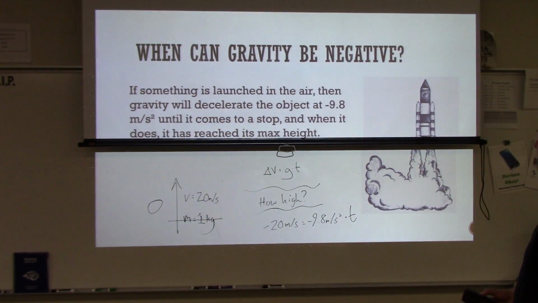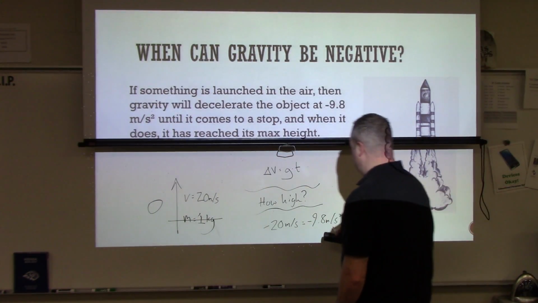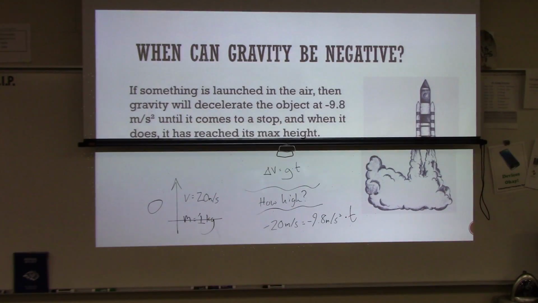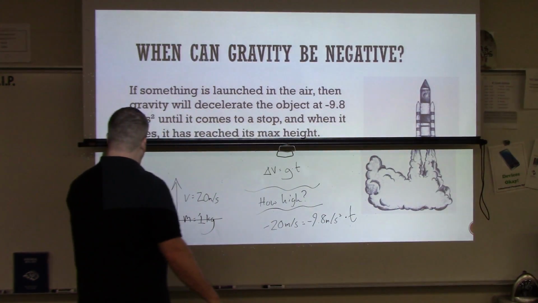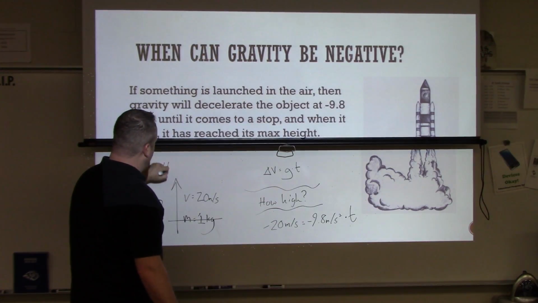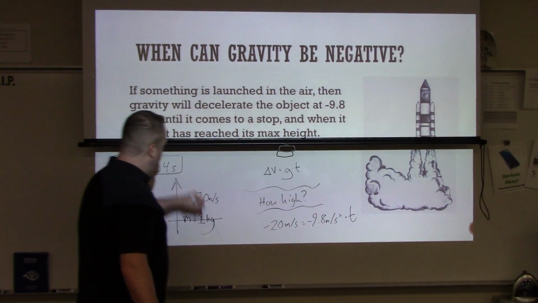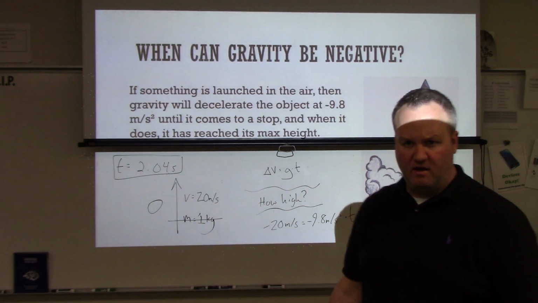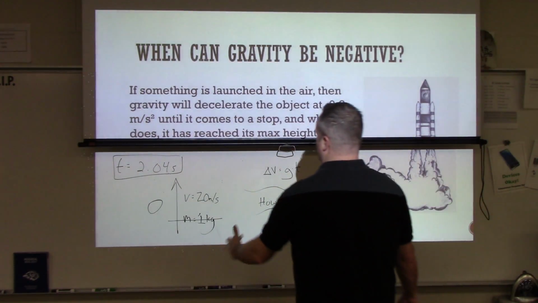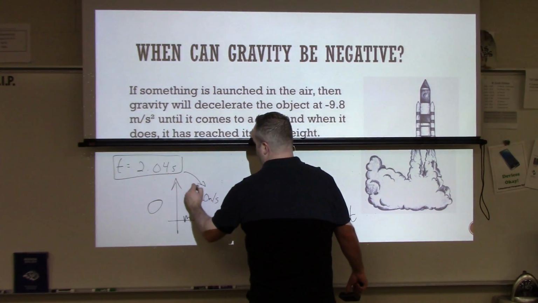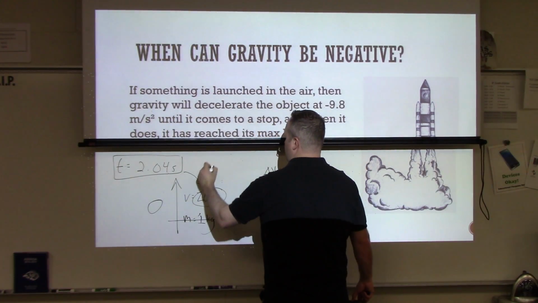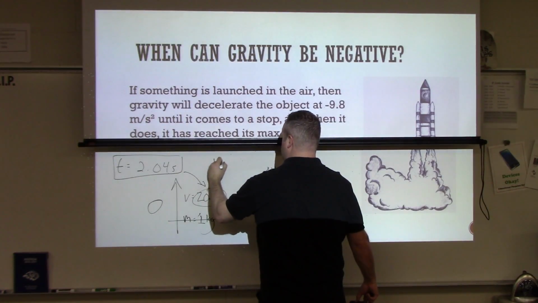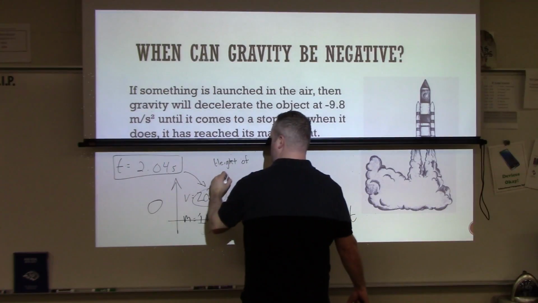So if you take the change in velocity divided by gravity, what you're going to get is a time of 2.04 seconds. But that's not my answer. My question was, how high can it get? To find out how far it can get in the air, you're going to take 2.04 and multiply that by 20, and what you're going to get is a height of, looks like